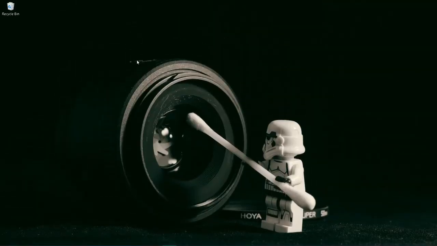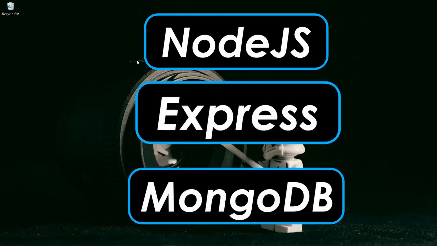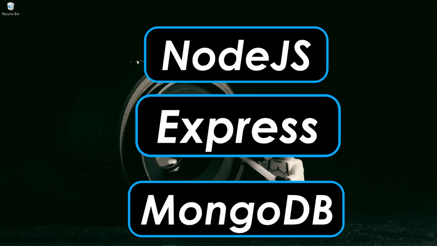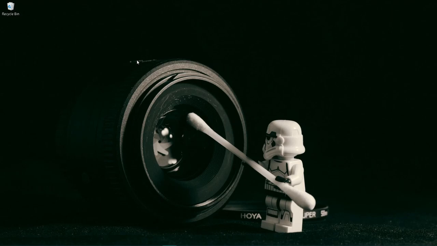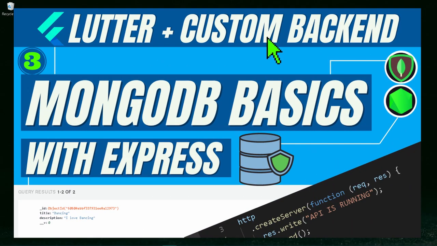In this video, we are going to build the authentication backend of our Twitter clone. To make the authentication backend, we are going to be using Node.js, Express and MongoDB. If you don't know anything about Node.js, Express or MongoDB, I recommend you watch the following playlist. The playlist is totally made for beginners, so you must watch it.